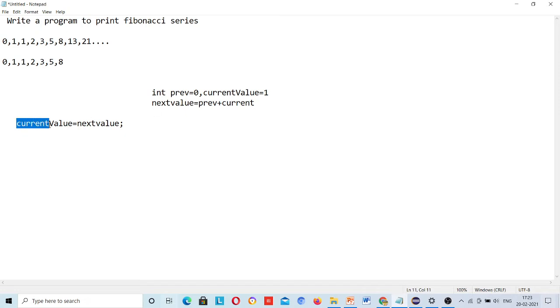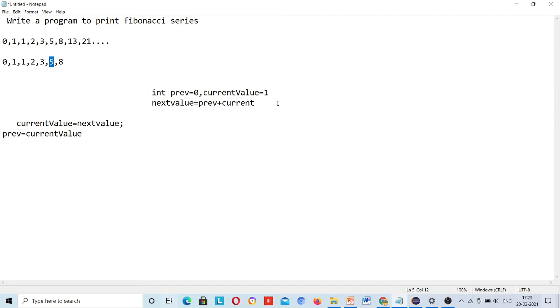If I swap my current value with the next value, I have to swap the previous value first. Because now the current value is changed to 8, but I want to store 5 as the previous value.